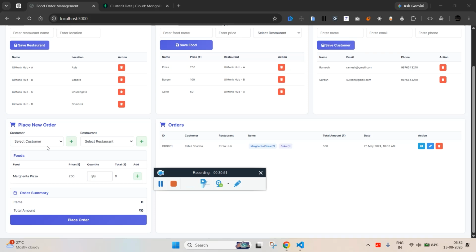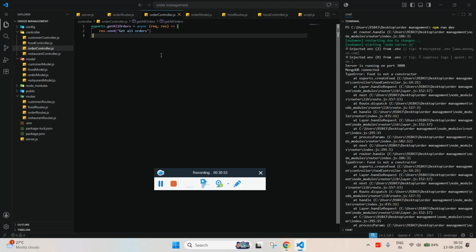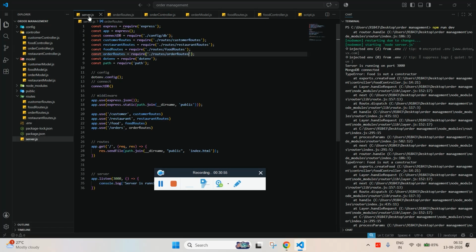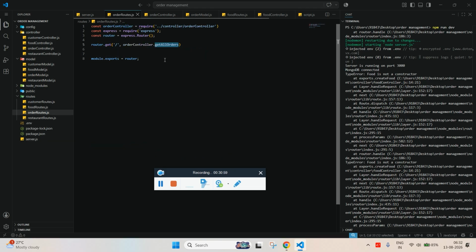So let's first set the endpoint in the server, which we have already done, orders, and in the routes here we need to get, first thing, restaurant names, restaurant/names. This is how we will set the endpoint, and get all